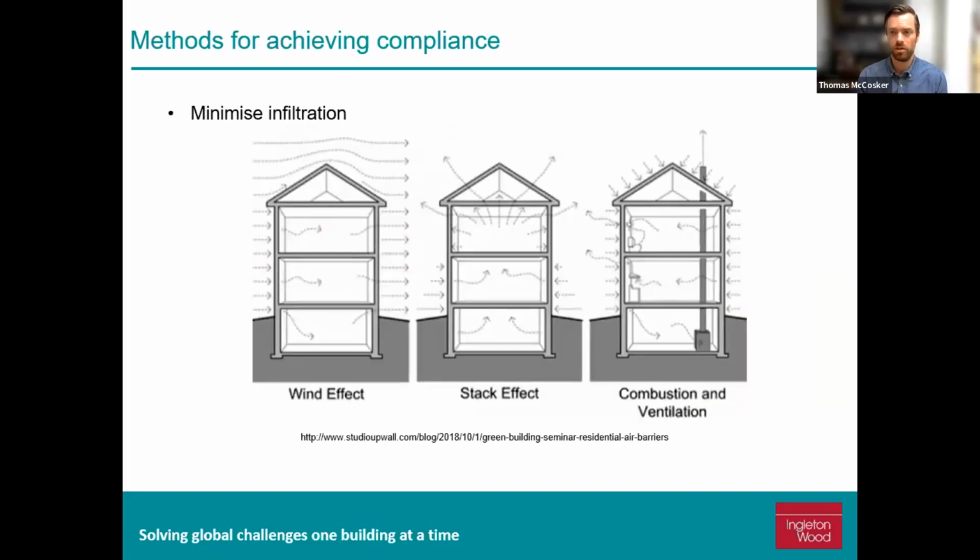And finally, we have infiltration. Good air tightness is important, not only for temperature, but also for pollutants. Infiltration essentially is the uncontrolled movement of air through a building fabric. This can be seen in the images up here. It allows external untreated air to come into the building, affecting the amount of heating that is required, but also increasing summertime temperatures. Infiltration also brings external pollutants from the surrounding areas into the building. And so minimizing that has at least two purposes.